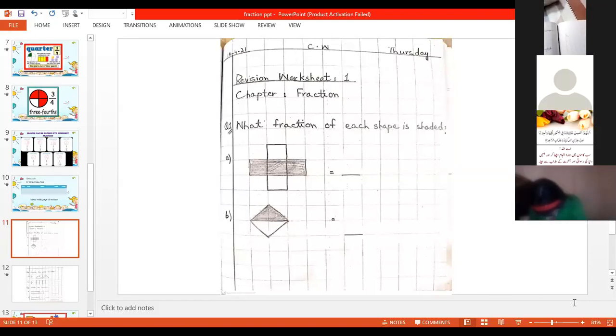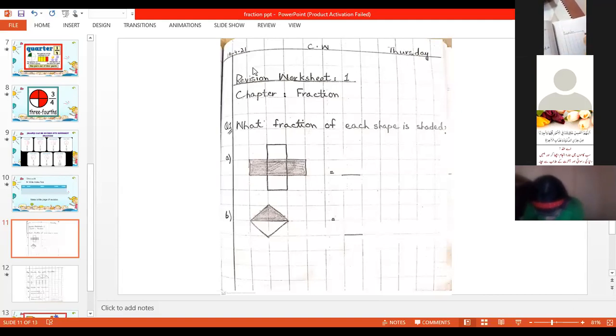Very good, very nice, Meher. Have you made the title page? Show me your title page of revision. So first of all, you will write date, CW, date.